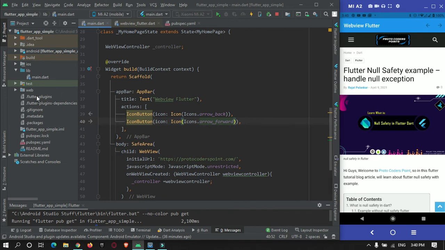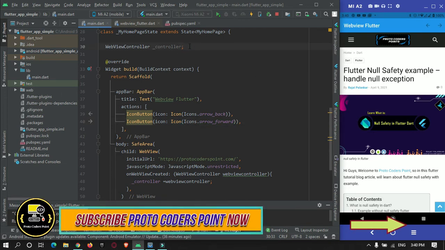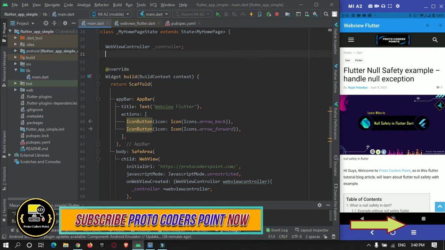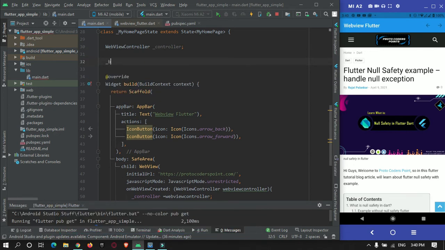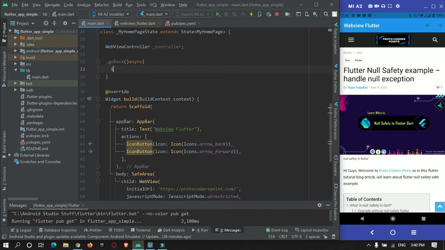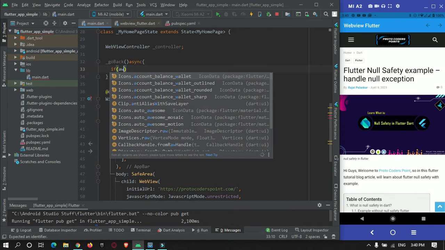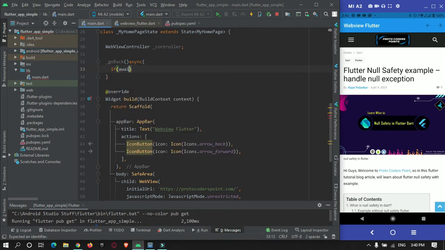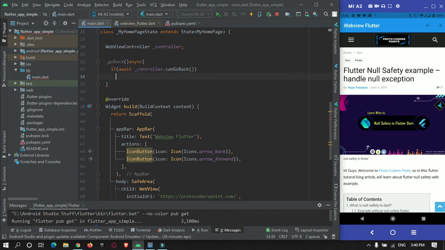To add functionality, we will create two methods over here, goBack, which will be of type async, and in this method we will check, by making use of the await keyword, whether the web view canGoBack, controller.canGoBack.